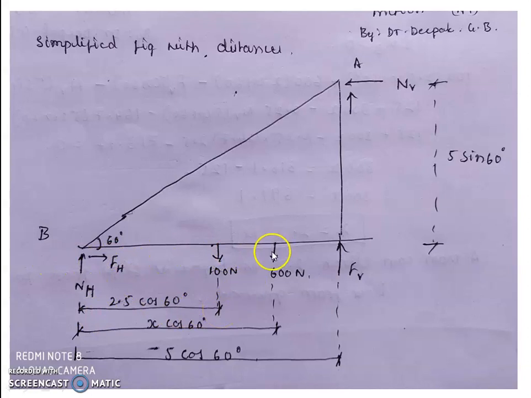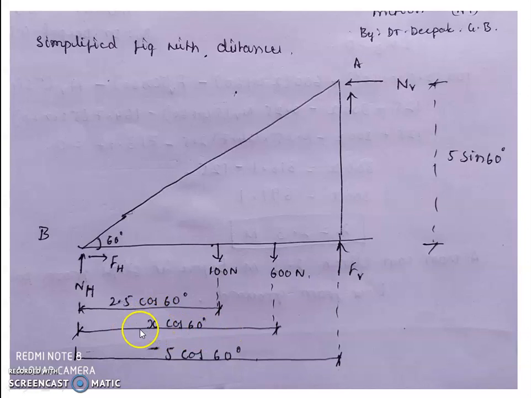And the 600 Newton man is over here. I resolved from here to here. Then it is at a perpendicular distance x cos 60. The distance covered by the person is x. Then this distance is given by cos theta is equal to adjacent by hypotenuse, so adjacent is equal to hypotenuse into cos theta. Hypotenuse is x.